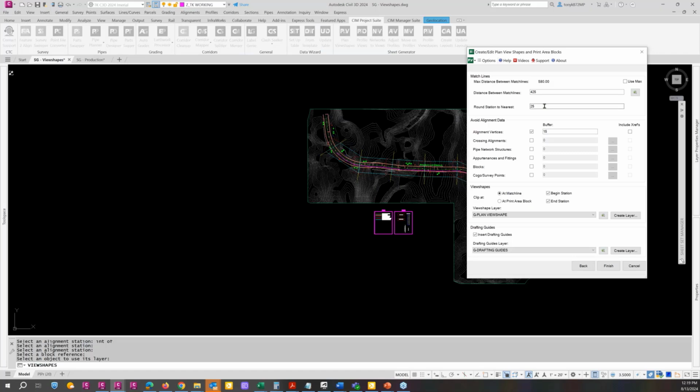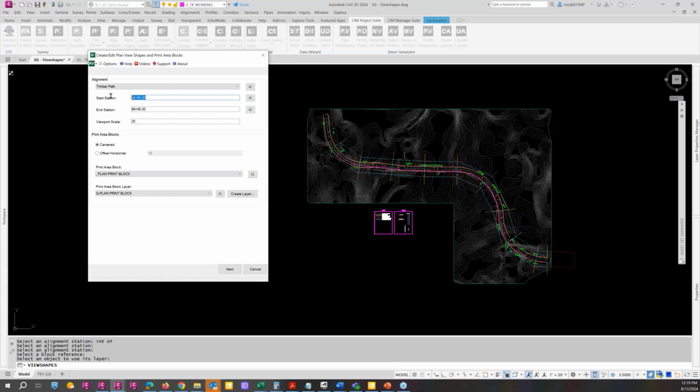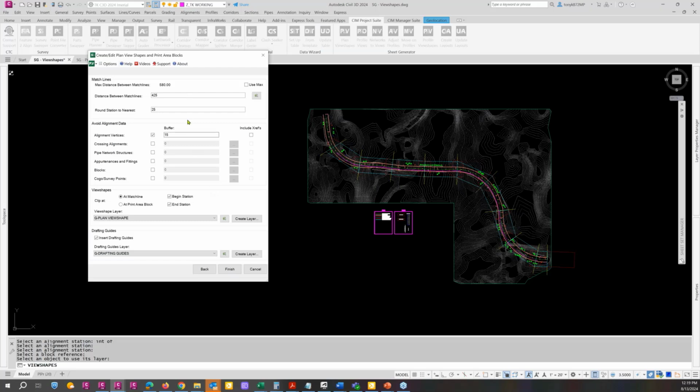So then where do we want to round our station to the nearest 25? In this case, you can set it to whatever. I'm going to leave it at 25. So when I rerun it, we can see what happens here. In fact, let me back up one. And let me first go right from beginning station, so I can show you how quickly you can redo this stuff. And if I don't want it to cut through, as we talked about, any of this other data, you can see that